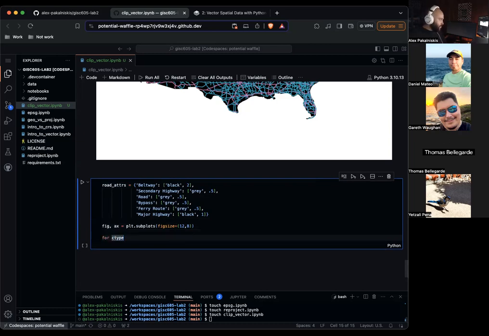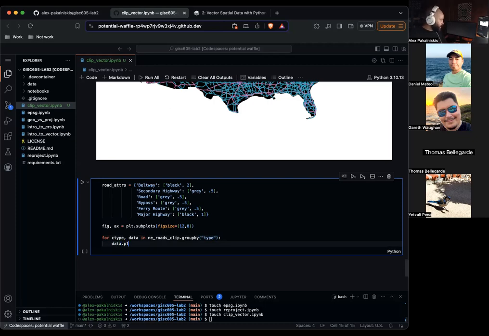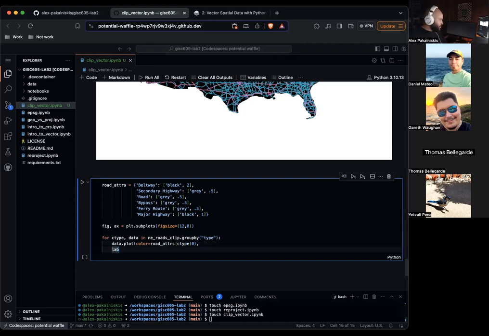For c type, data in any roads clip dot group by type, data dot plot, color equals road attributes c type 0, label. Actually, this should be here.